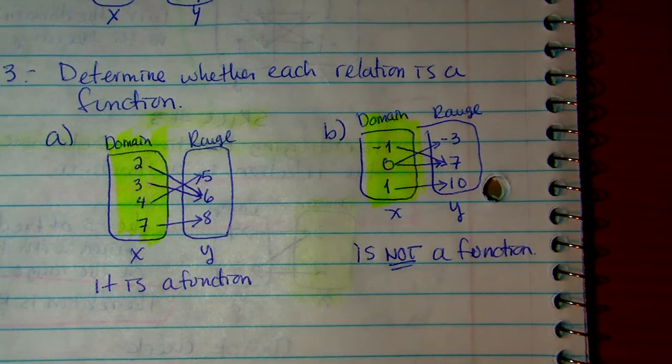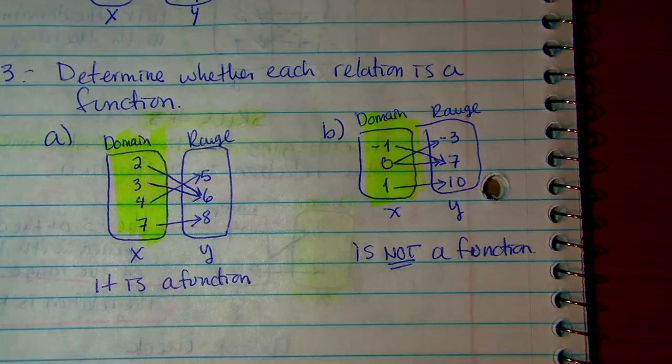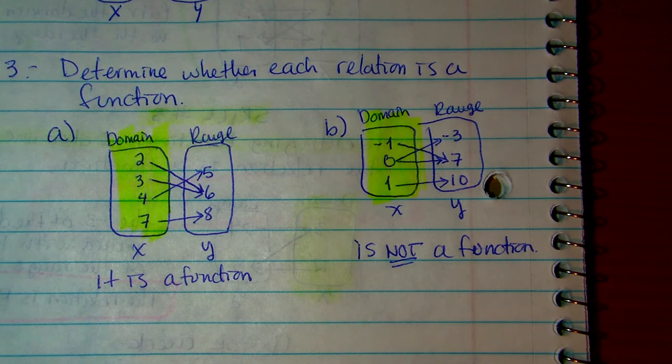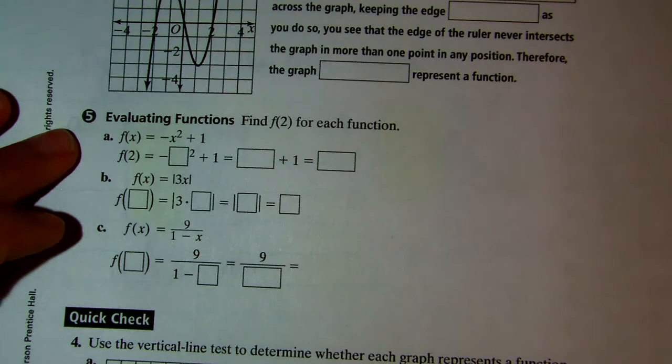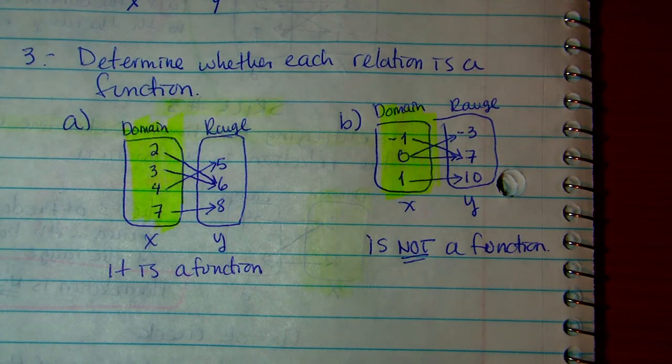So sometimes I'm going to give you the exercises with the diagrams already there, and all you have to do is just say yes, a function, or no, not a function. Okay, so these are the exercises. Tomorrow on Thursday we're going to do skill number 4 and skill number 5. Okay, and then that way on Friday you do your independent practice, where you're going to have the practice sheet,